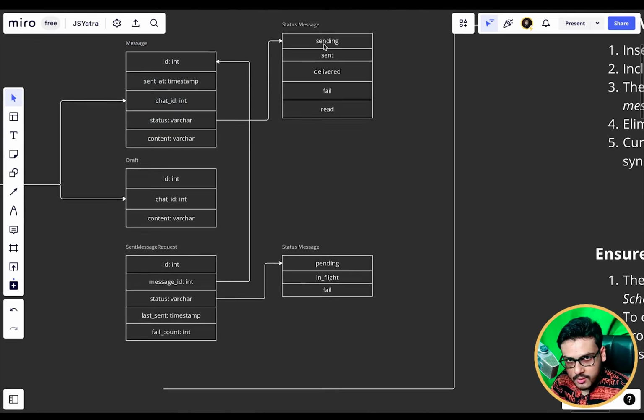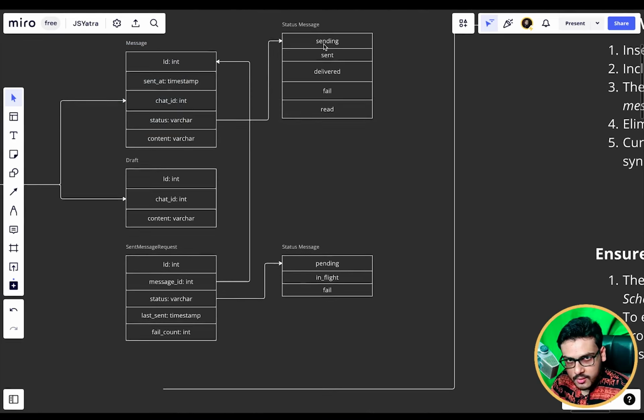If it finds any row with status as pending, then it is my job to notify the backend about this new message. So whenever you enter any message and hit the send button, the controller makes entries in two tables. First is the message table with the status as sending, and second is the sent message request table with the status as pending.